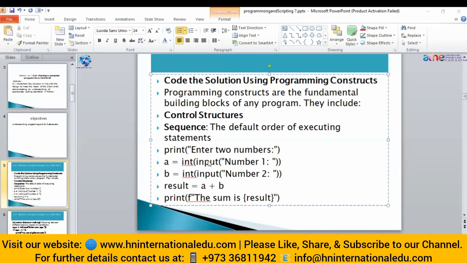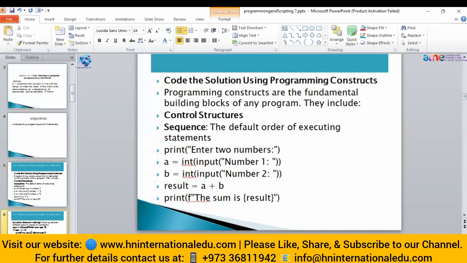The input function is used to take the input from the user. And what type of input we want to take, we have to specify that. If it's numeric data, then we go with the integer data type. If it's float, then we go with float. If it's string, then we go with string. And then after that, we will print the sum just like this. The print statement is the same. So in the sequence structure we study how the execution of a program happens in